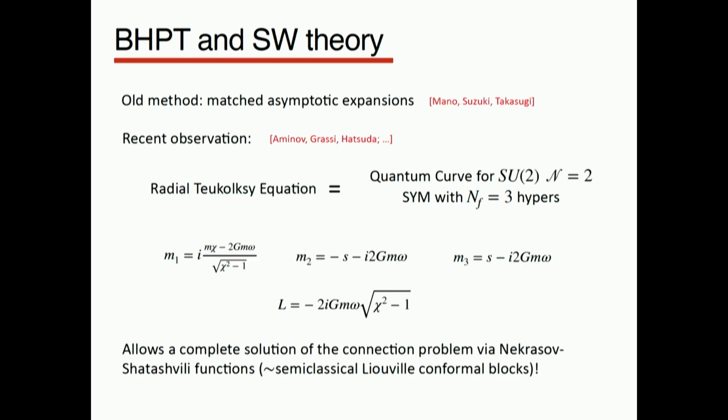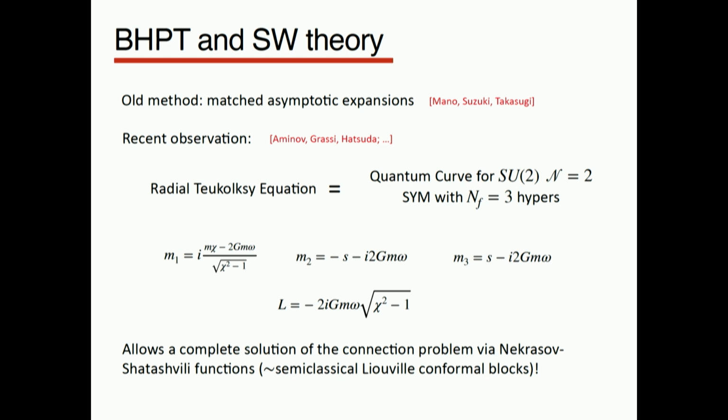Traditionally this was computed by doing matched asymptotic expansions between the far zone and the near zone, but a couple years ago there was this very beautiful paper by Alba Grassi and her collaborators where they pointed out that actually this radial Teukolsky equation is exactly equal to the quantum curve of some particular Seiberg-Witten geometry. So if you take